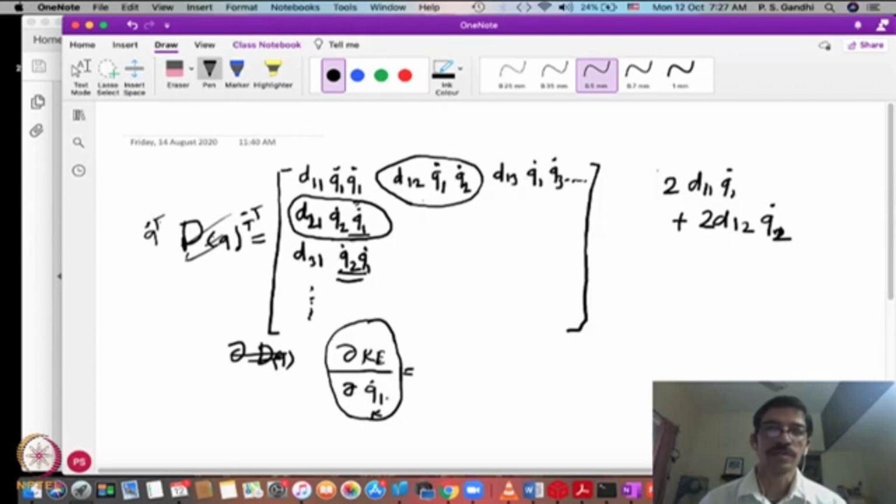Because now we are considering q1, which is k equal to 1, this will be in general a summation, and you can see that the half will get cancelled out. So when the half gets cancelled out, you get this d